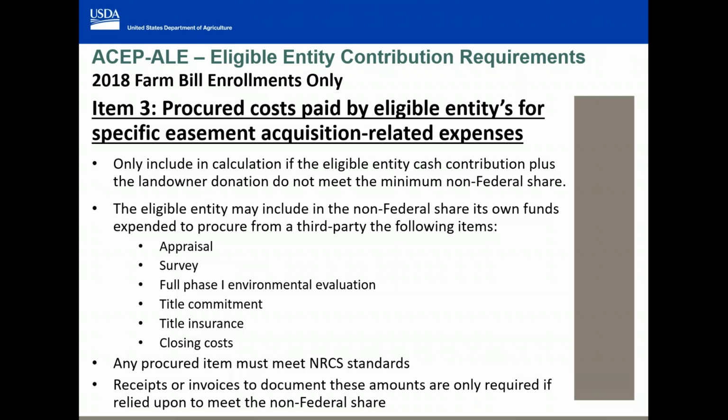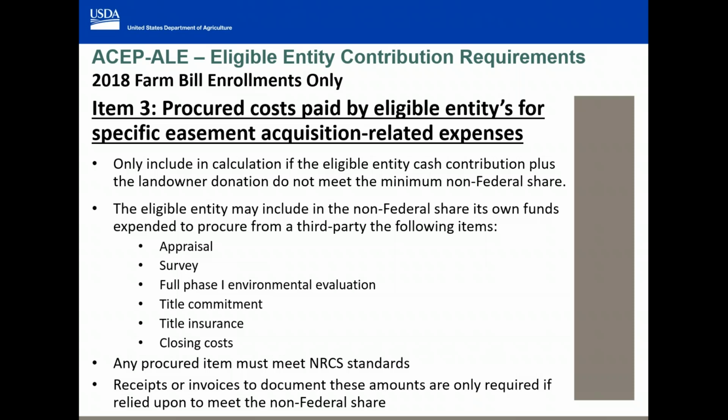So in order to count these, we also require that receipts or invoices be provided. That's only required if you're actually going to rely on these expenses in order to meet the non-federal share. So although you may be obtaining these services or items from third parties, if you're not counting that cost toward the non-federal share, then you don't need to send us the receipts, only if you're actually going to count it toward the non-federal share. And so the document that requires those receipts is the SF-270 supplement, which, as I mentioned